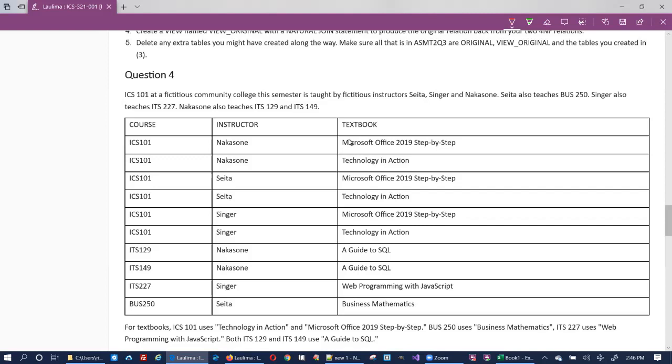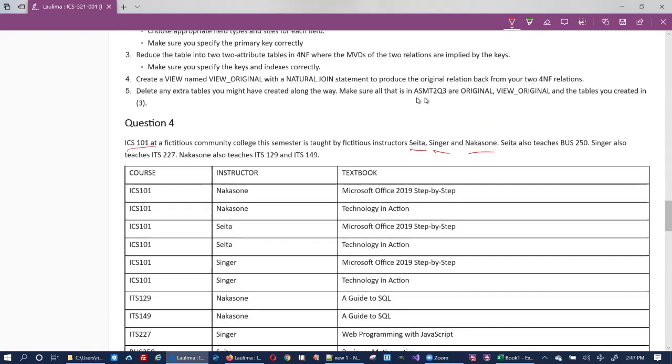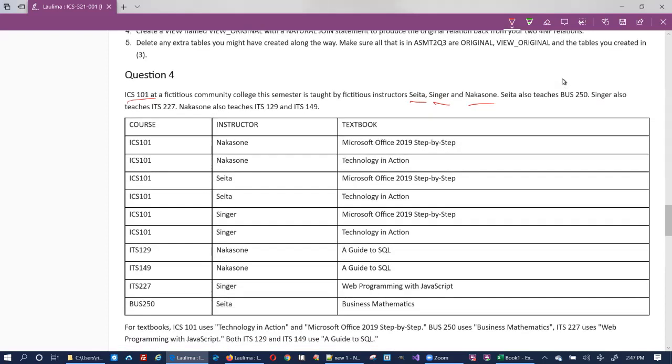So in this case, we have ICS 101. We're talking about the course ICS 101, and this is fictitious here. This is a particular semester taught by these instructors. ICS 101 is taught by Sita, Singer, and Nakasone. It has 3 instructors. But we also have, that's Sita